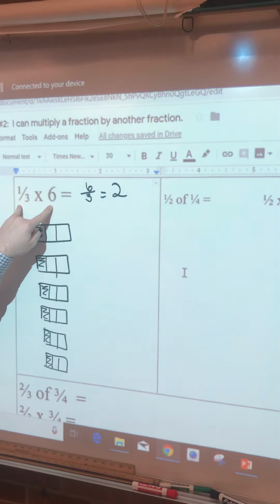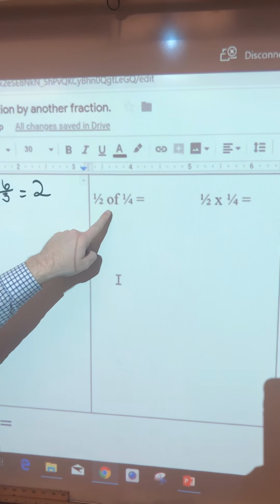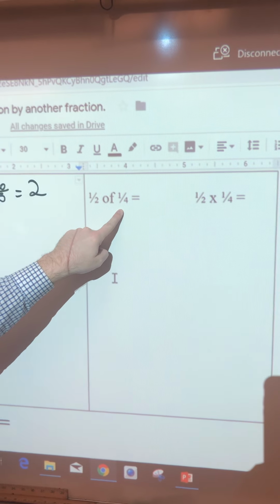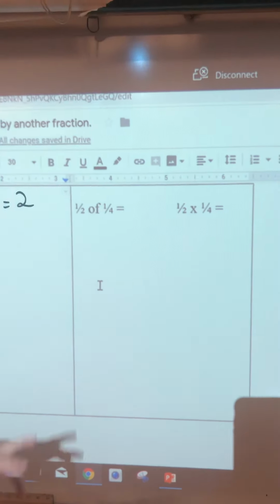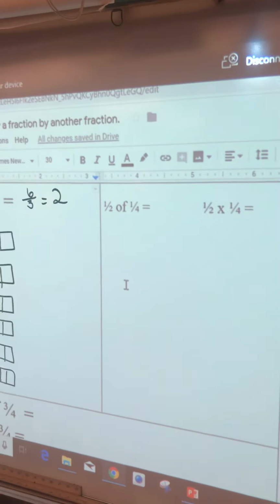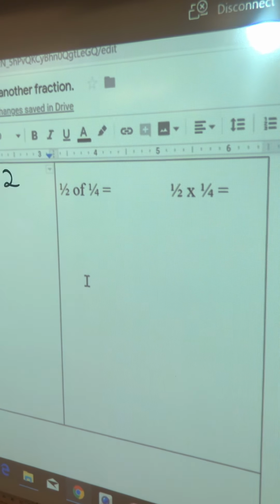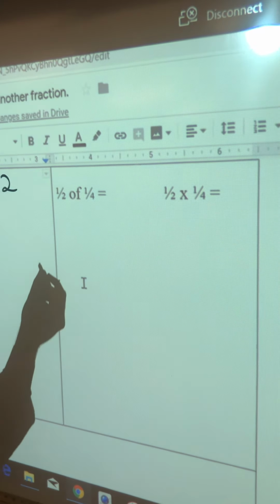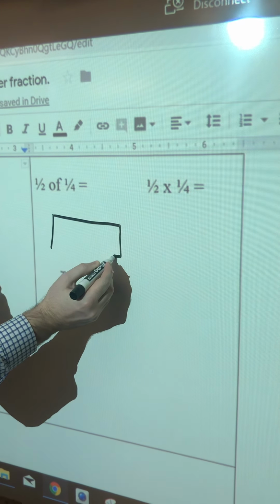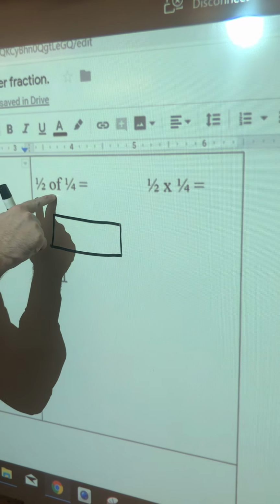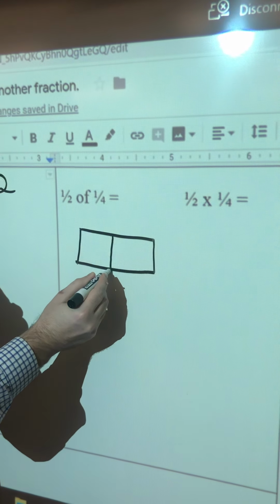the factors. So when I look at this particular problem here, this says 1/2 of 1/4. That's the same as 1/2 times 1/4. Those are the same thing. That's why they're listed the same way. So what I'm going to do first is I'm going to draw, because this says 1/2 of 1/4, I'm actually going to divide this into fourths